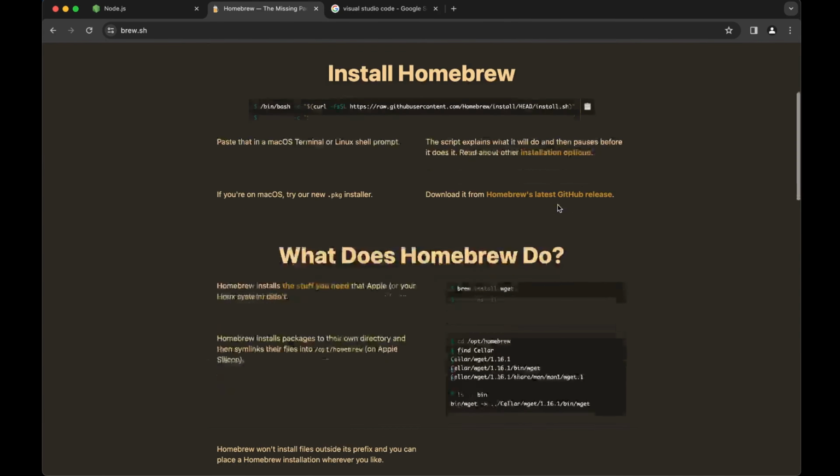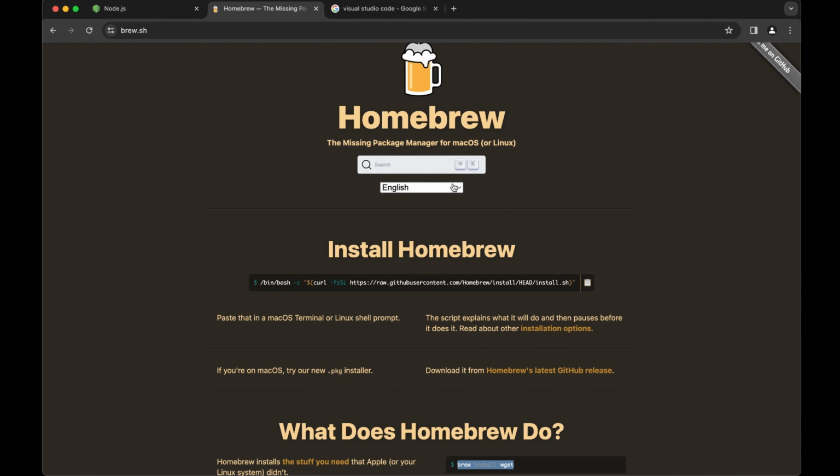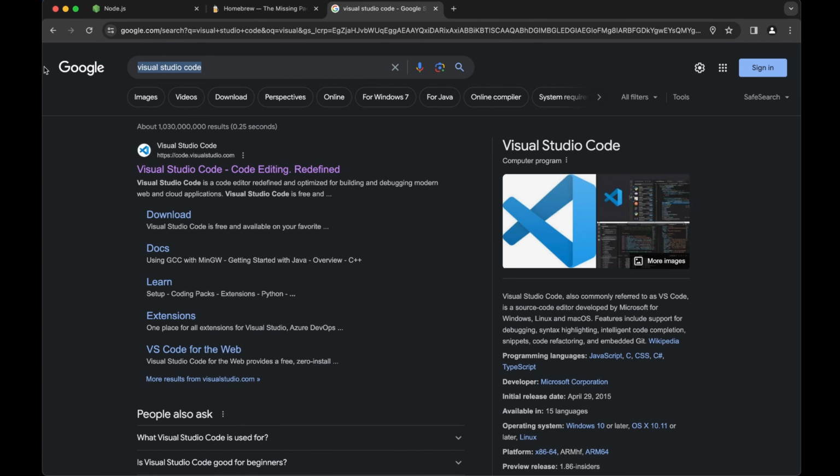So with Homebrew, I can then type brew install node, and I can do that with anything else, like brew install python, brew install any type of programming language, and I can use Homebrew to update any of my packages that I want. Let me show you that in a minute, but first, like I said,